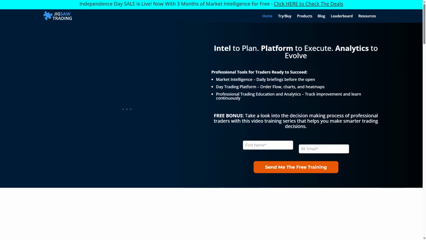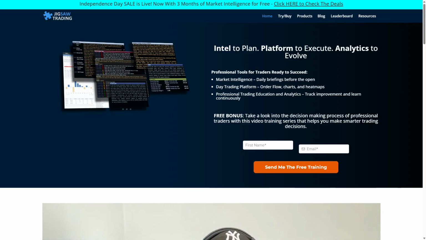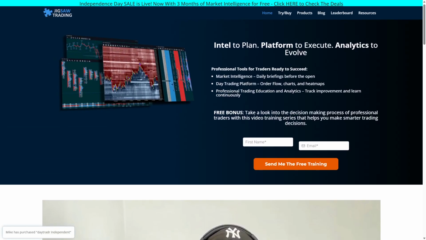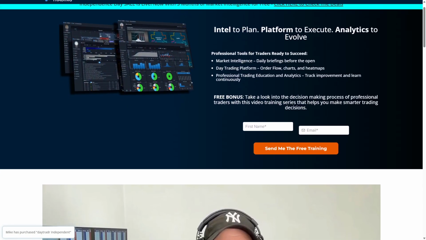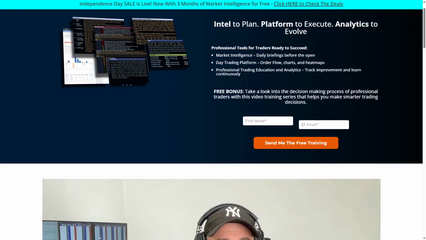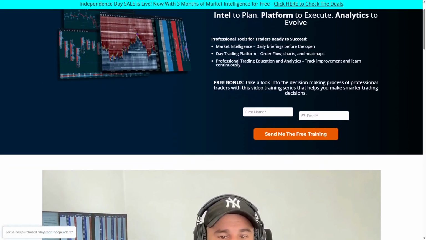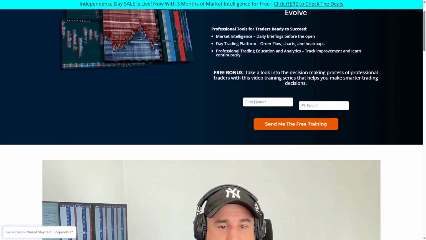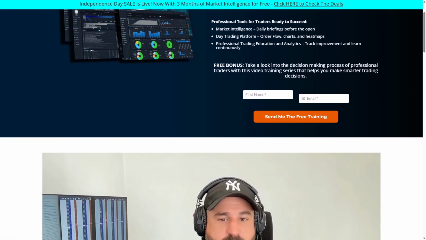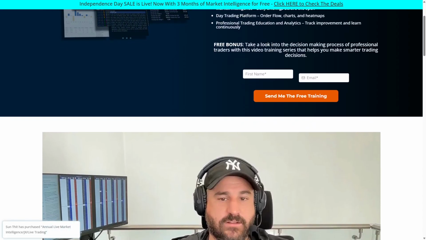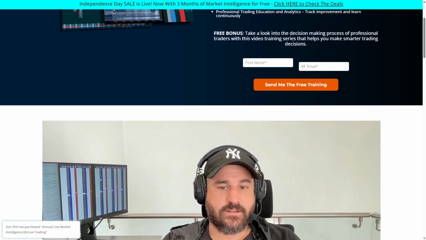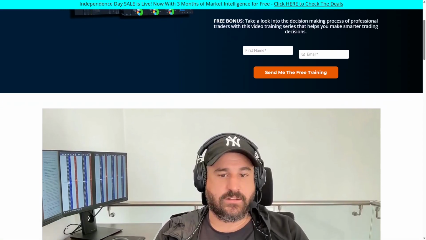Jigsaw Trading is a platform built around order flow and market depth visualization. It offers tools like depth and sales, reconstructing the order book to reveal real-time buying and selling pressure. Traders use this to make precise entries and exits based on actual market activity rather than just price charts. Its strengths lie in clarity and simplicity for order flow, making it ideal for active futures day traders who rely